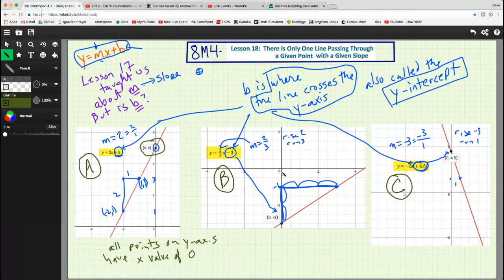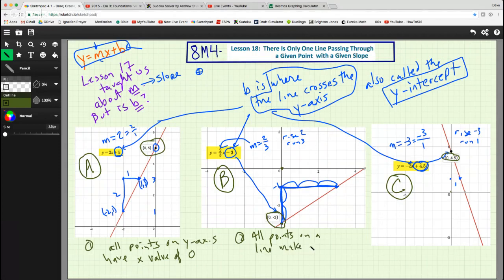Similarly, here we cross the y-axis at (0, -3). So we have an x value of 0 and a y value of -3. It's just by definition almost. Here, this line crosses the y-axis at (0, 4.5). And we know that all points, so that's point number 1. Point number 2 is all points on a line